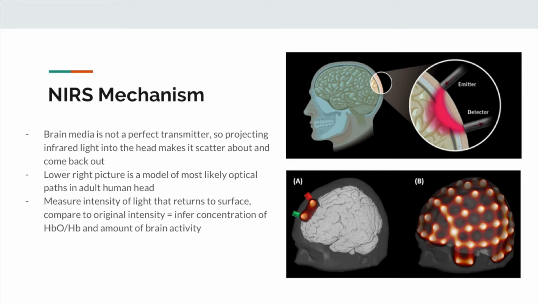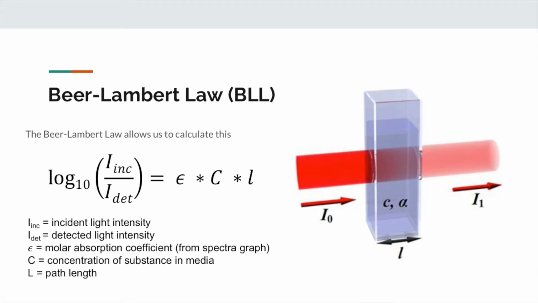Now, to know how to do that comparison, it's time for some math. This is kind of the big physical law that we follow. Yes? Quick question. So one electrode is either a detector or an emitter, right? Yes. So you don't have both in the same location. Correct. You can build a system, and I believe some systems exist where one wire will contain both, but that's because you have separate optical feeds going into this one head. Right. And you still need space between whatever the source is and the detector is, because you need to measure something in between them.